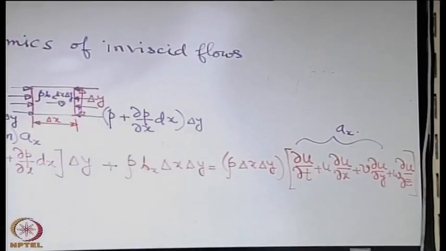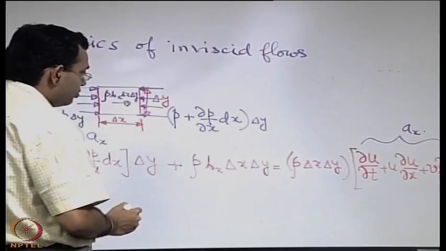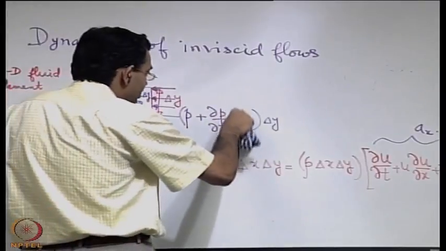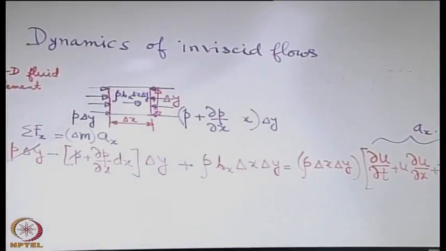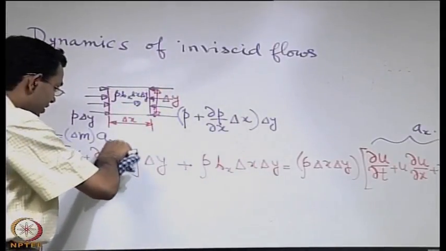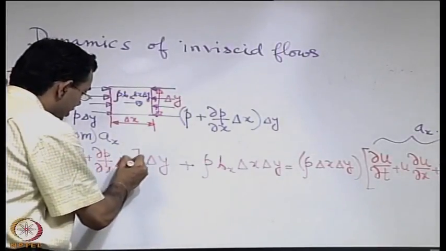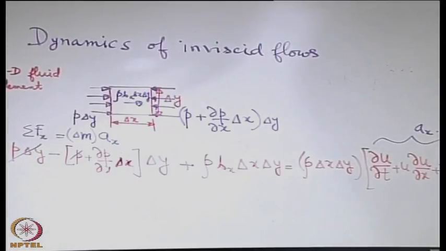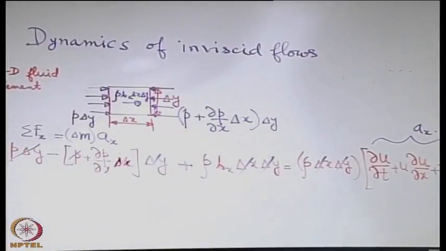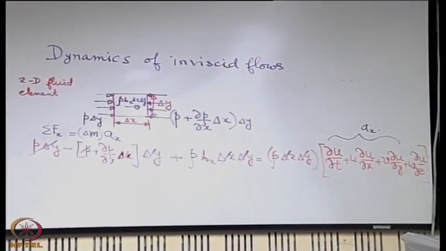Now you can cancel various terms, so first this term will go away. Let us just correct it a little bit, it was delta x, we did not consider it dx. So just change this dx to delta x because we took our element as delta x, and then we can cancel delta x into delta y from all the terms because these are small, tending to 0 but not actually equal to 0. So what are we left with? We are left with a simplified expression